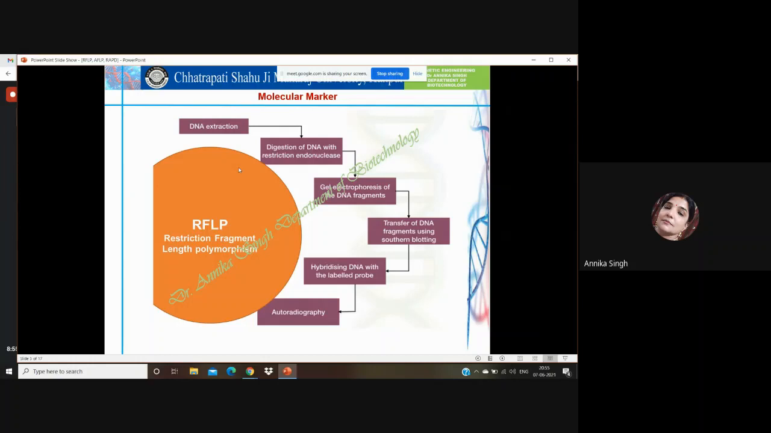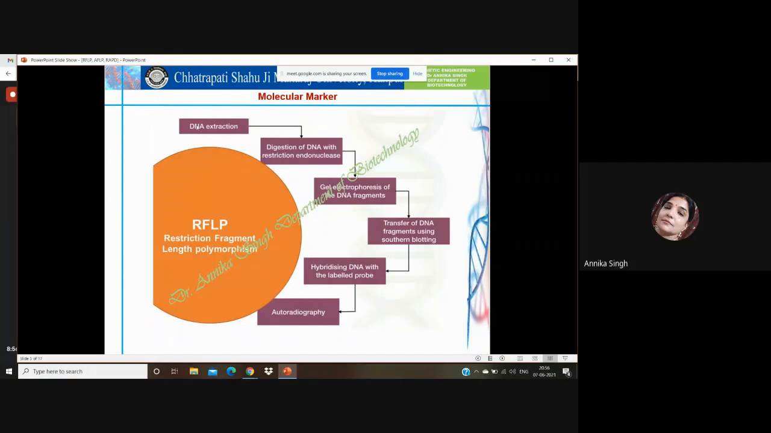After restriction digestion, gel electrophoresis is applied for the separation of these fragments by producing a series of bands, and each band represents a fragment having a different length. The procedure of restriction fragment length polymorphism, as you can see in this slide, includes